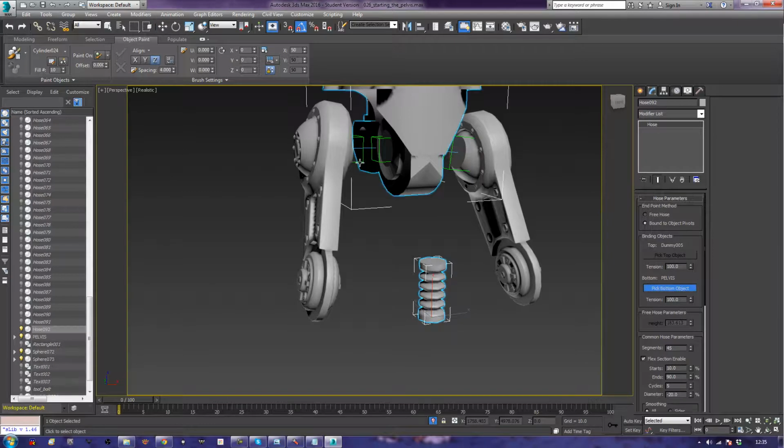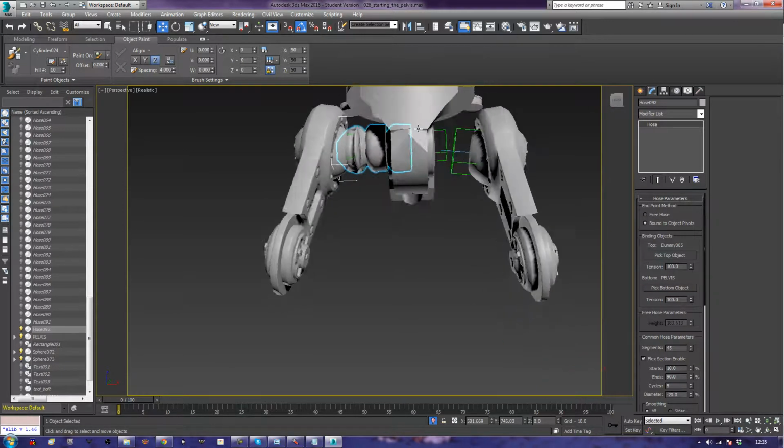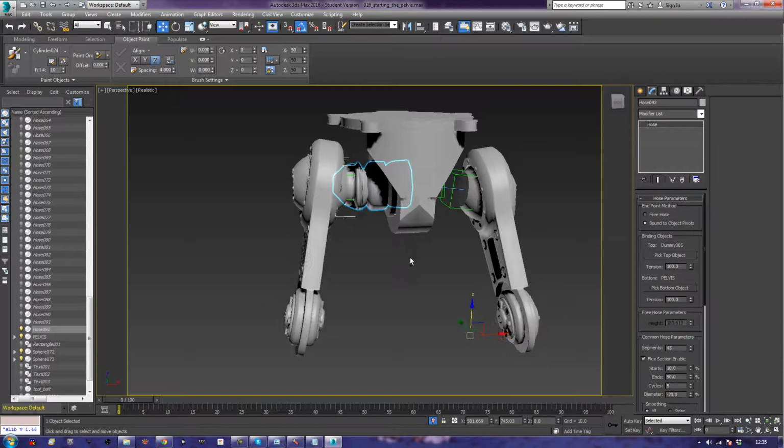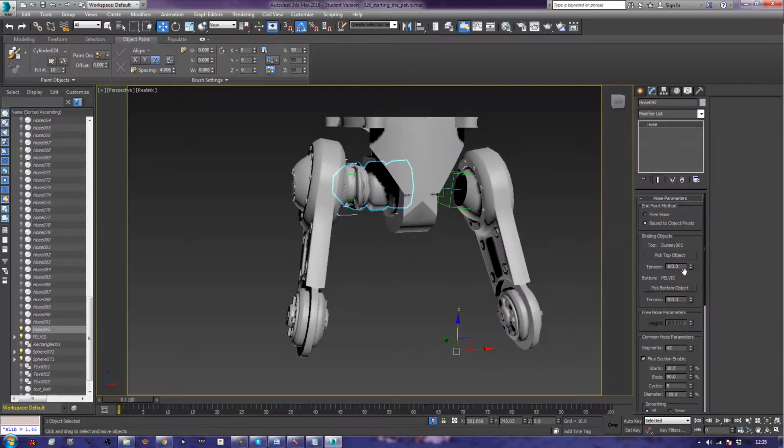So at this point, this hose is now bound to this. Now, tension. I need to drop that right down to no more than about 2 on each. And the bottom object's wrong, it should be this. There we go, and now you can kind of see, I think,